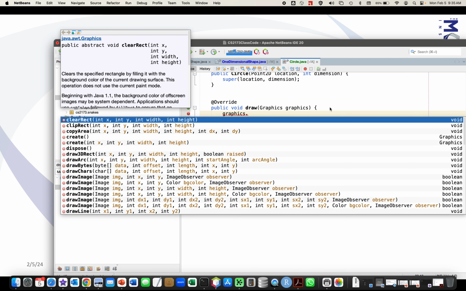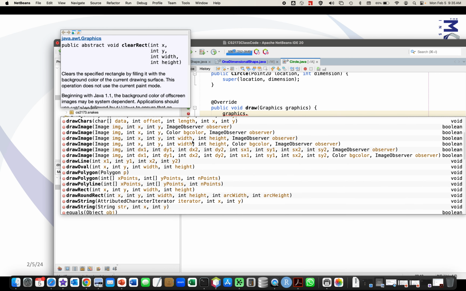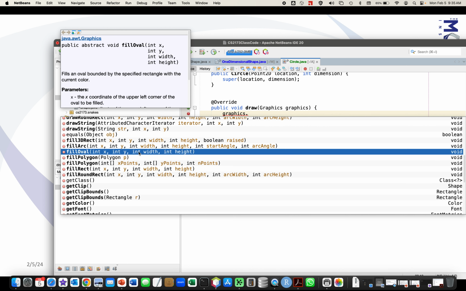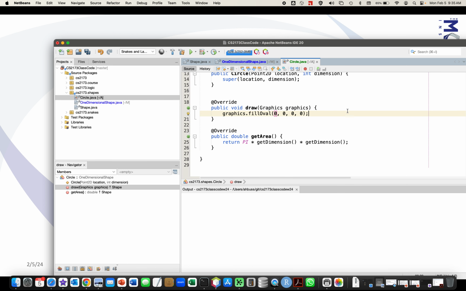Okay, so now here's the thing about this graphics object. This is how we can draw things, and it actually doesn't have a fill circle, but it has something called a fill oval. What this is going to do, for one of these graphics objects, which is one of the graphics contexts that Java uses to draw things, is fill an oval at a particular place. So now,